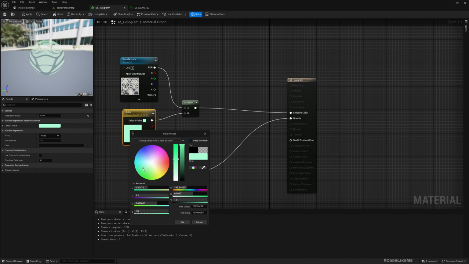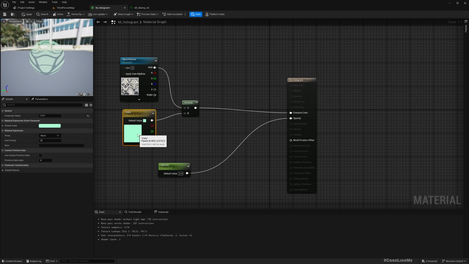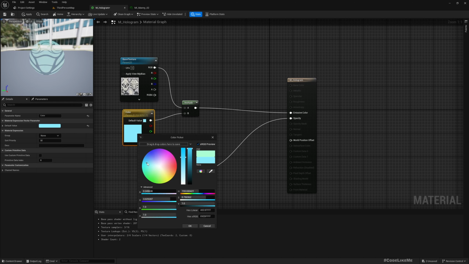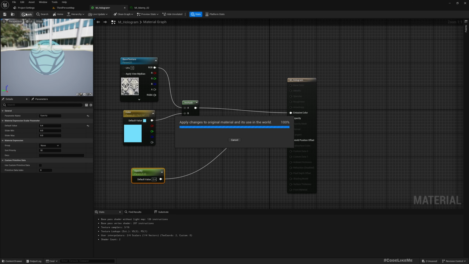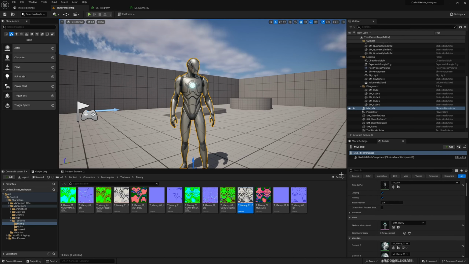So I'll use something like this blue because that looks like a hologram to me. Alright, now if I apply this,